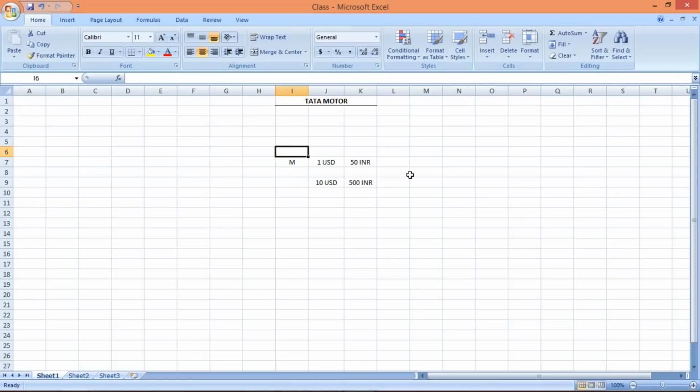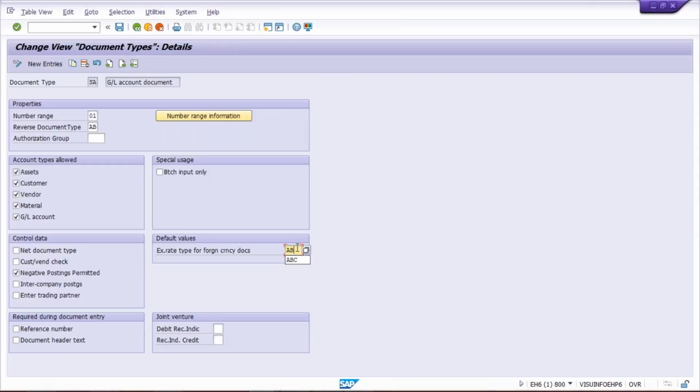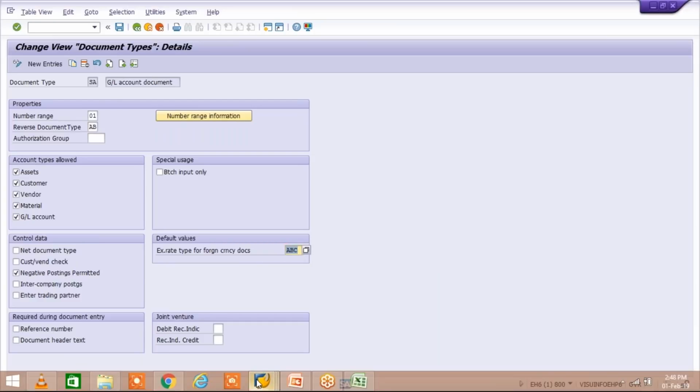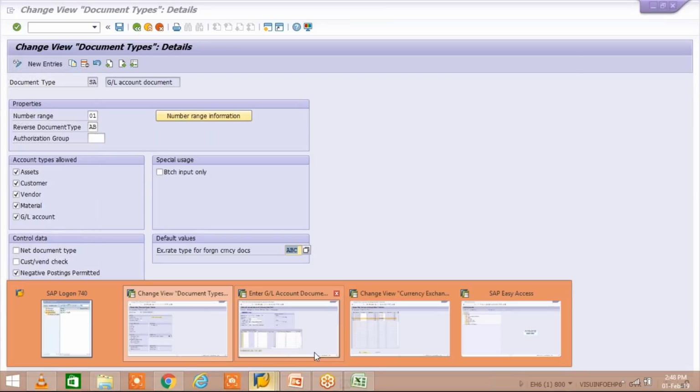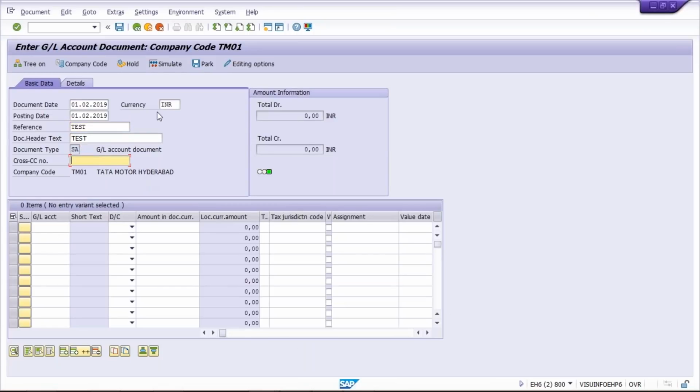But if you have created your own exchange rate type, let's suppose ABC, then in that case you must assign this customized exchange rate type against the document type itself. If you have created ABC, then you must give ABC here. Then if you are going to post any JV, general voucher, against the SA document type, and you use foreign currency here, USD, then